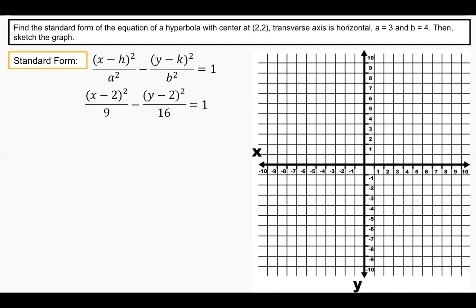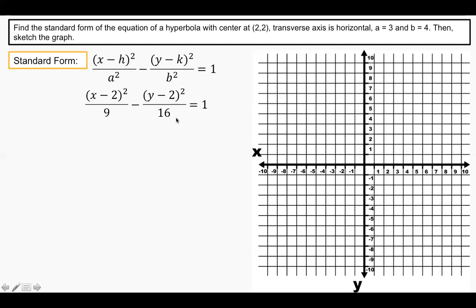Then our desired standard form is the quantity x minus 2 squared over 9 minus the quantity y minus 2 squared over 16 is equal to 1, given that h is 2 and k is